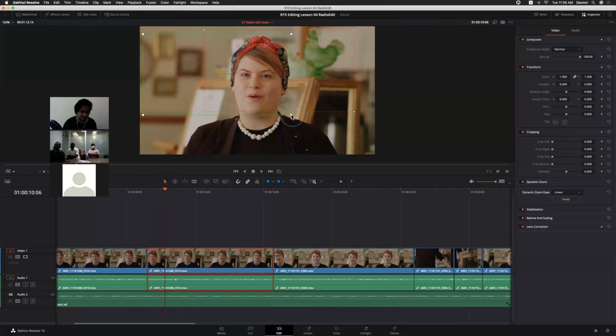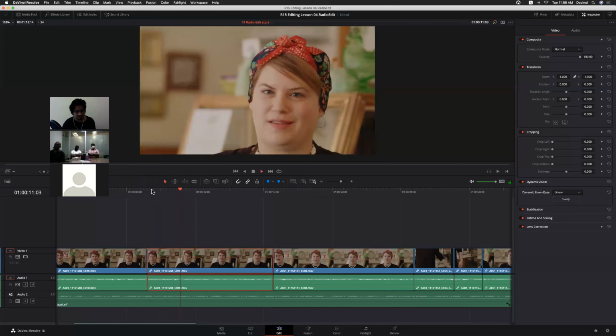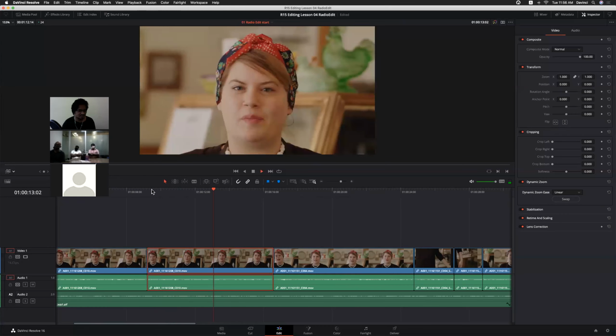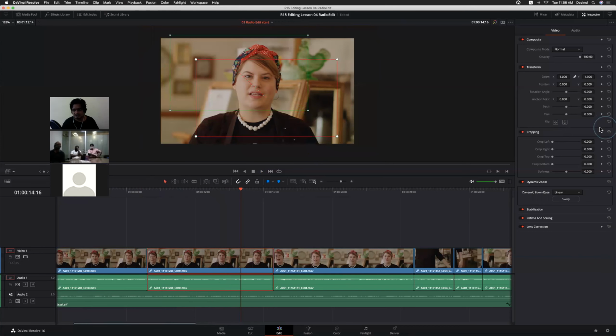Let me make it a little bigger. Left to right, right to left, maybe tilting, by arranging these positions, right? So this is about dynamic zoom. Just reset it.